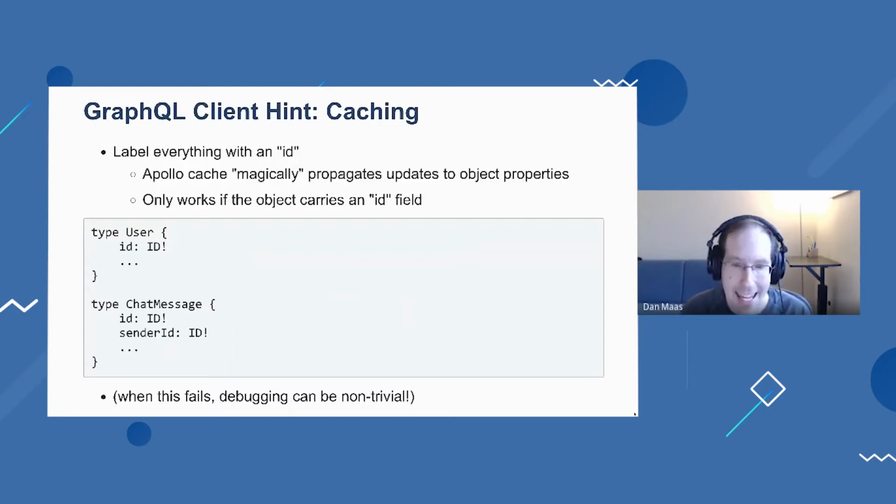This is the key inside of Apollo's cache. When I've been defining the GraphQL APIs for my app, essentially every object has to carry an ID, even things like, let's say, chat messages that maybe ordinarily wouldn't have an ID on them. If they're missing an ID, then this whole Apollo cache business doesn't work. So my advice is all of your objects, no matter how trivial, should carry an ID field so that the